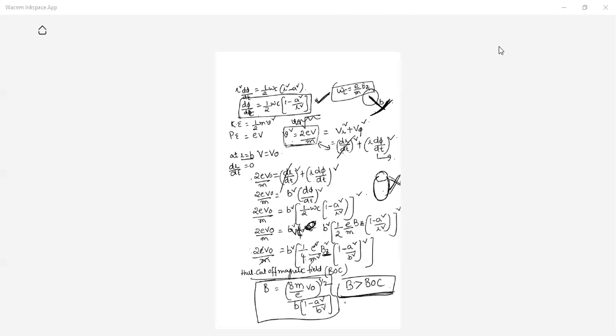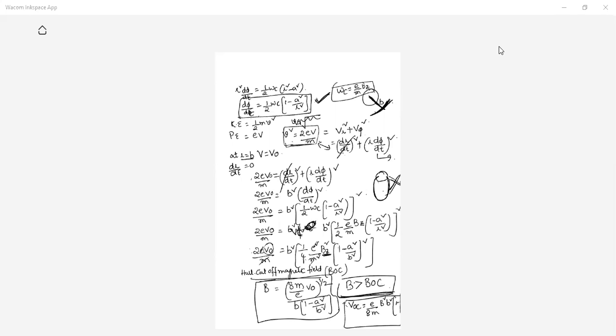And similarly, I need the Hull cutoff voltage. Voltage means I want to calculate the same. From the same expression, I want to calculate VOC. So VOC can be written as e by 8m B² and small b² into (1 − a²/b²) whole square. So this is the Hull